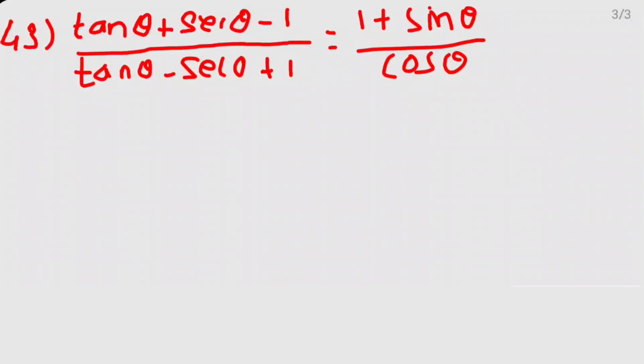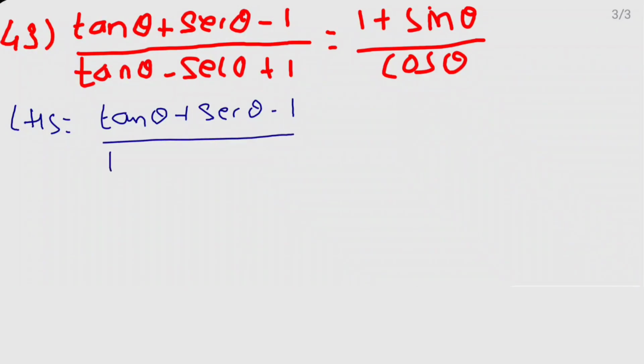Well students, look at the next problem. Tan theta plus sec theta minus 1 divided by tan theta minus sec theta plus 1 equals 1 plus sin theta divided by cos theta. So first write down here LHS. LHS equals tan theta plus sec theta minus 1 divided by tan theta minus sec theta plus 1, and here